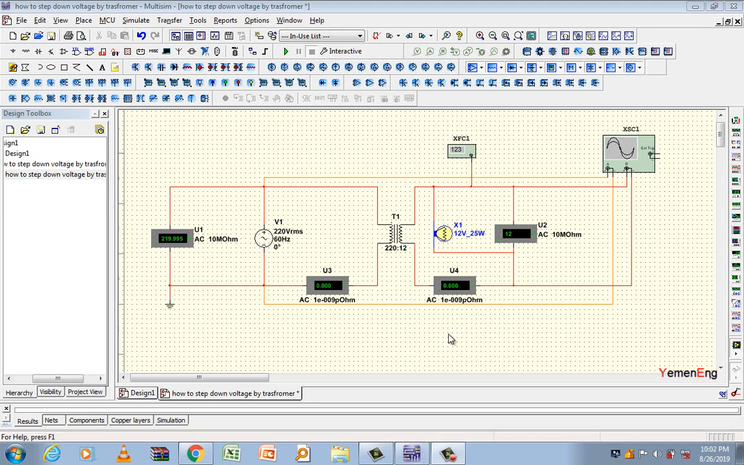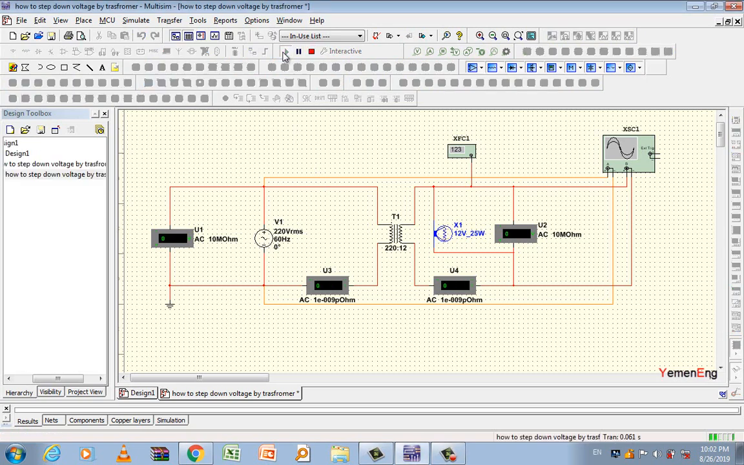Let's run this circuit by clicking on the green button above. This one. Click on it. As you see the results on the meters,